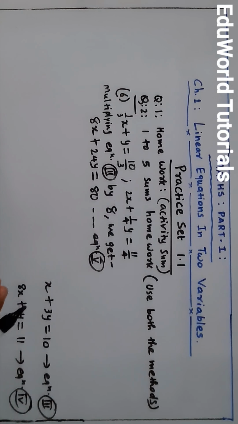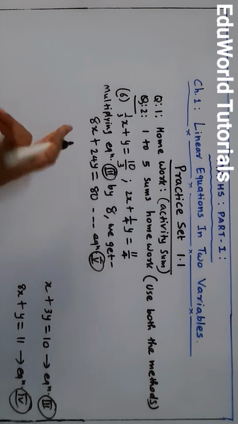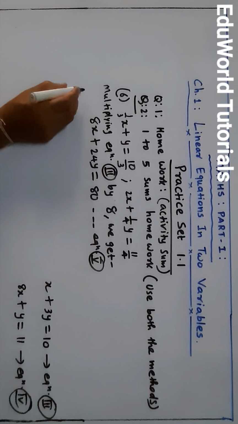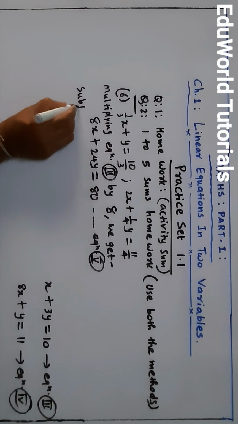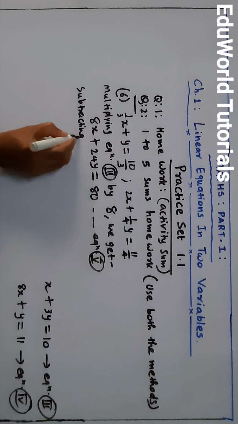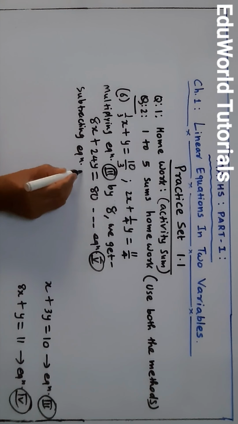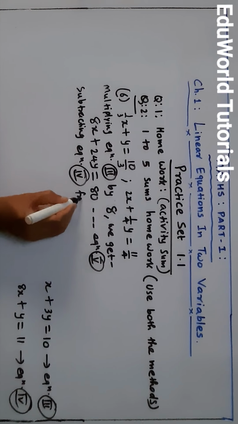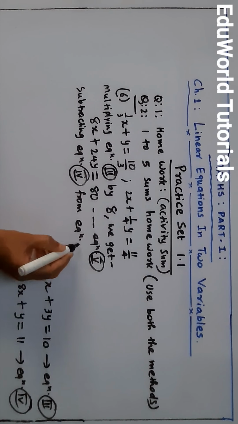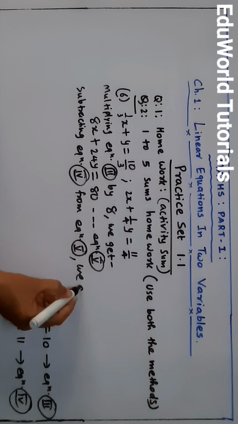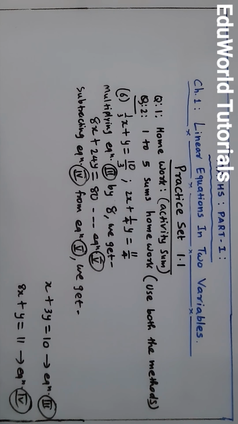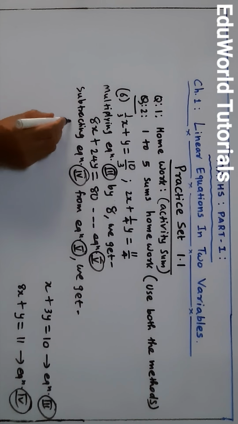So on subtracting, any one sign will be changing, and so we can then cancel this. So what I'll do is subtract equation 5 from equation 4 or equation 4 from equation 5, anything can be done. I'll prefer to write subtracting equation 4 from equation 5. So as I have to subtract 4th from 5th, I will write 5th first.